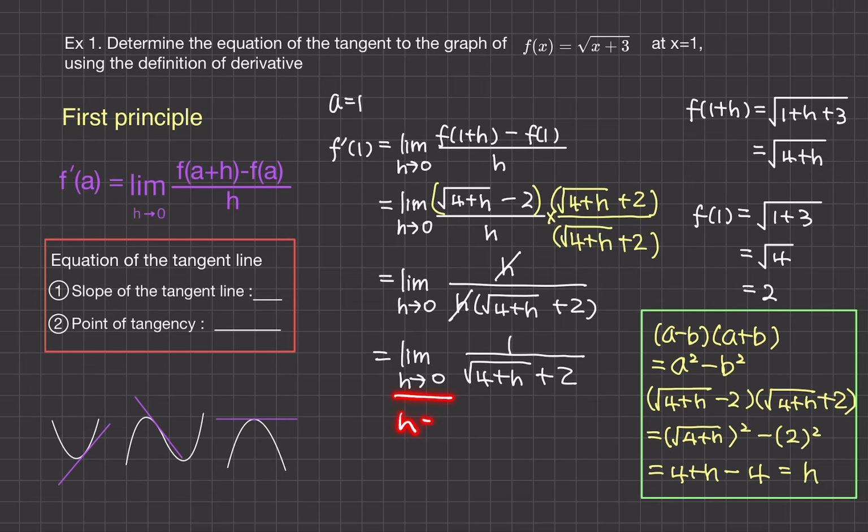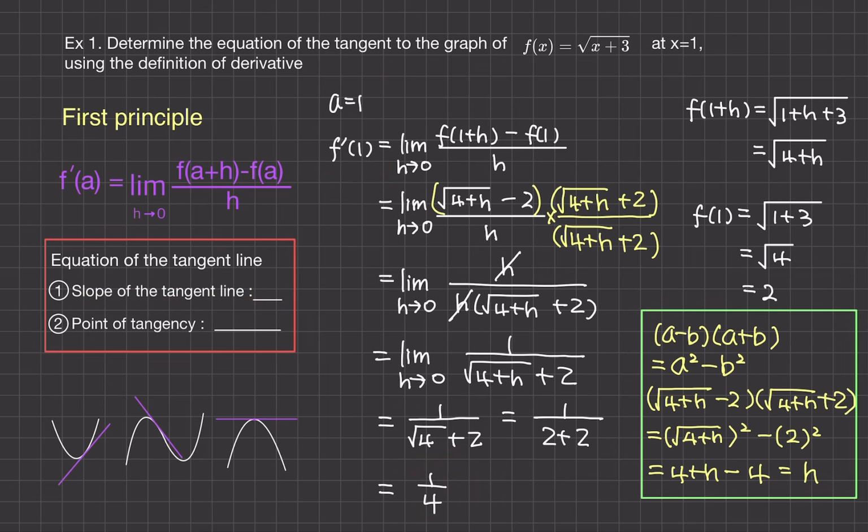Now we plug in h equal to 0. Then it becomes 1 over square root 4 plus 2. Square root 4 is 2, so we get 1 over 2 plus 2, which is 1 over 4. That's the slope of the tangent line